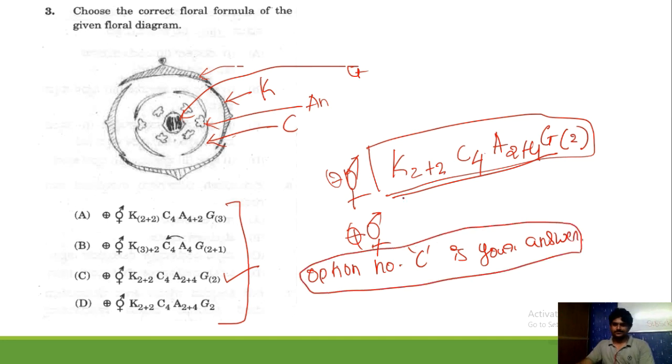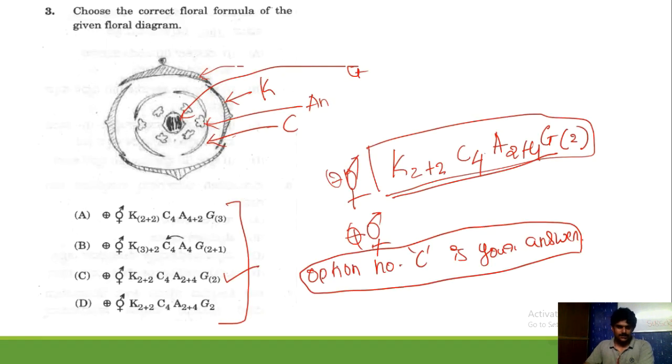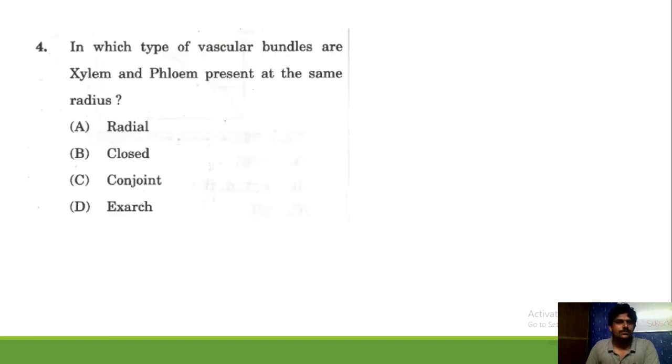Fine. So this is the third question we have completed. Okay, let's move to the next question. Question number 4, right? Question number 4, that is, in which type of vascular bundles,